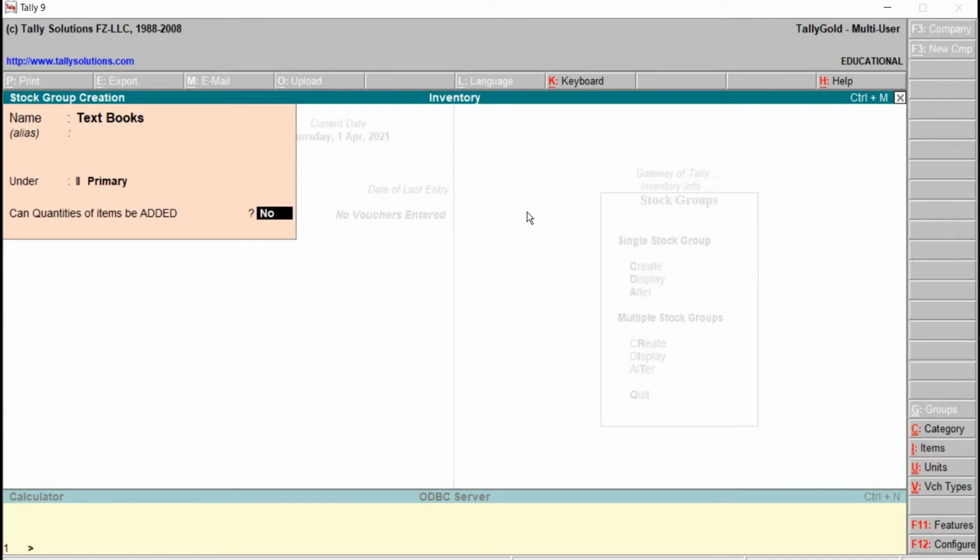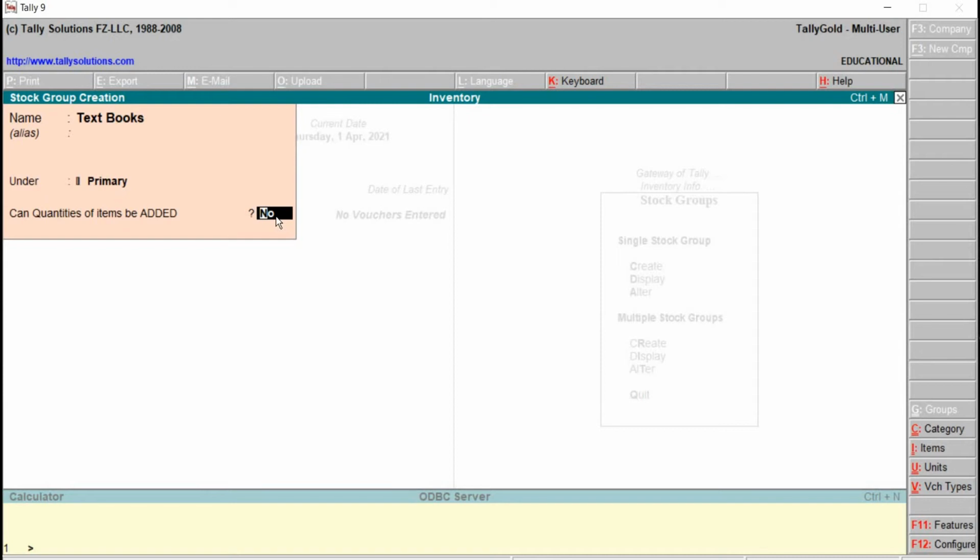The next one we have here: can quantities of items be added? Default is no. We can even make it yes. When this is made yes, the stock items which are created under the group textbooks, all the items which belong to the same group have to be measured with the same units of measure.